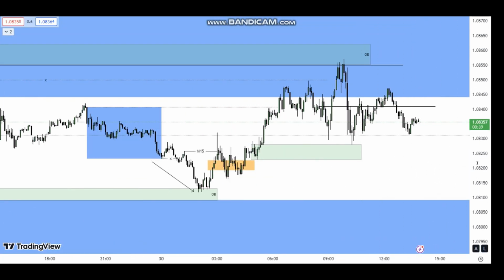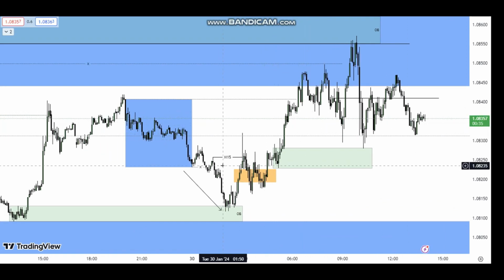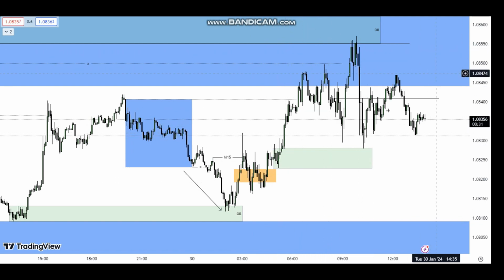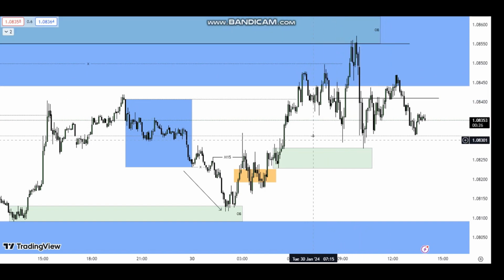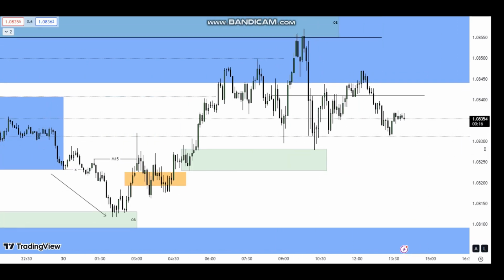So that basically does it for you guys as well. Excuse me. I'll do another recap of what happened in the later stages. In this case, New York came in and tapped into this whole range right here. It tapped into it and then it rallied. Reason being is because